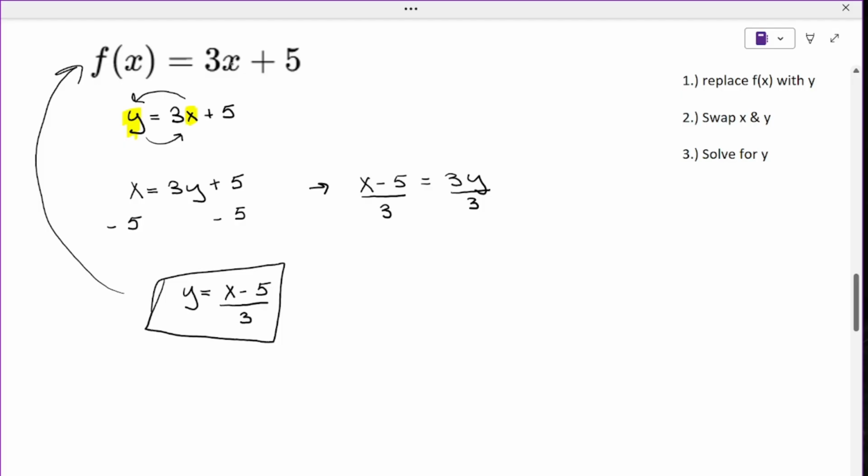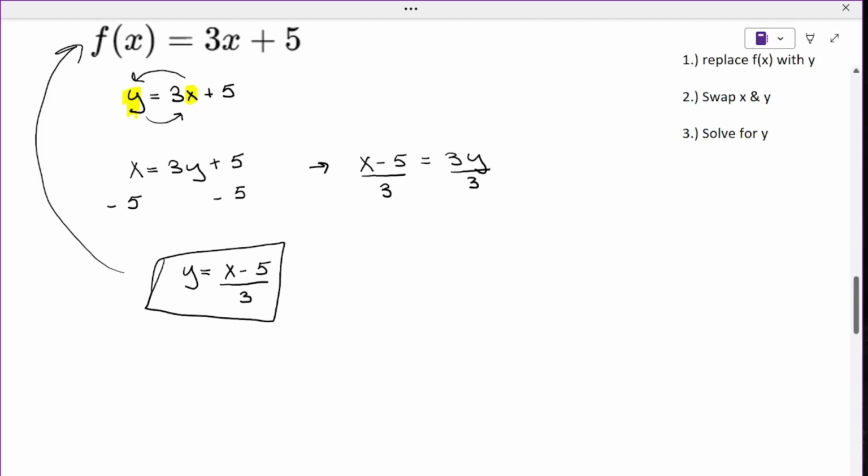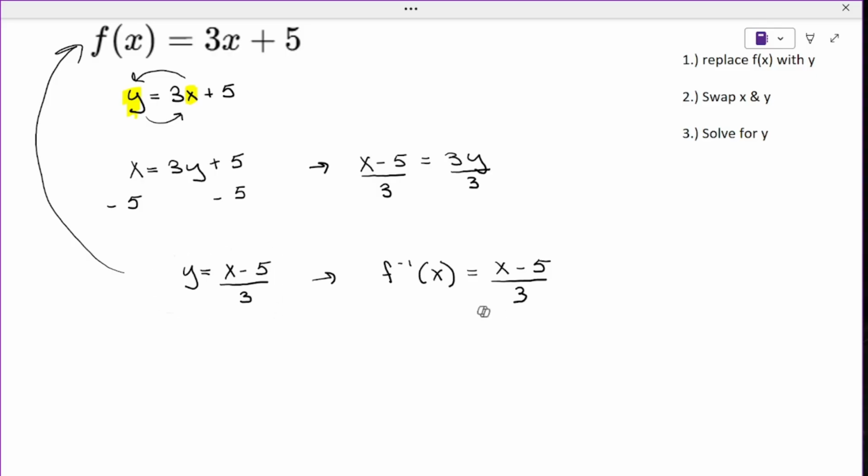So actually, I skipped a step. We have to write this with the inverse notation, which is f negative 1 of x equals (x minus 5) all over 3. So just to be clear, I'm going to erase this and make sure to,